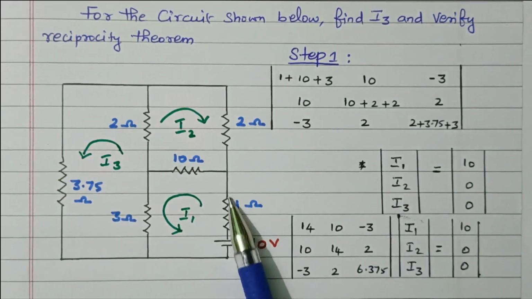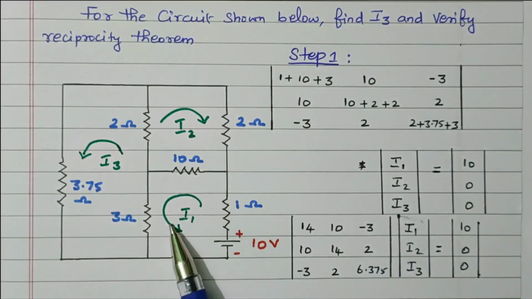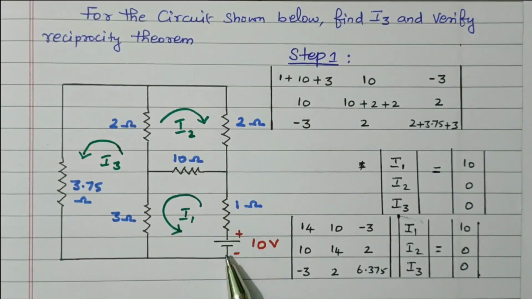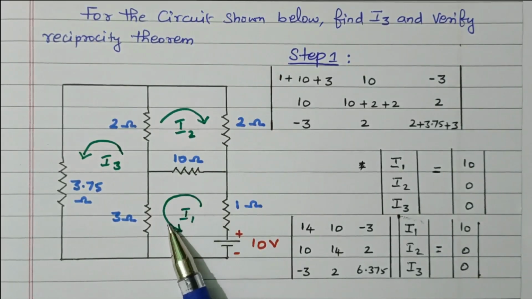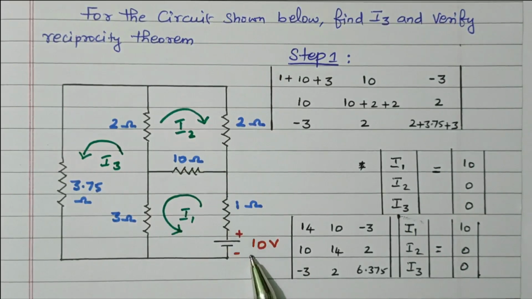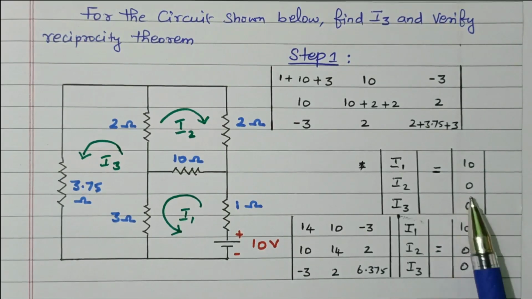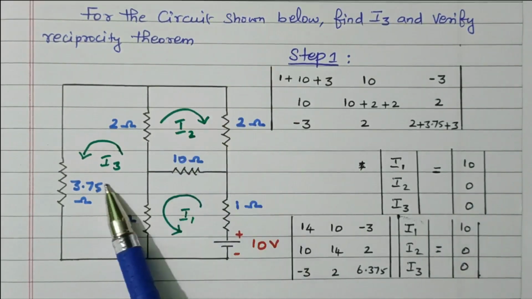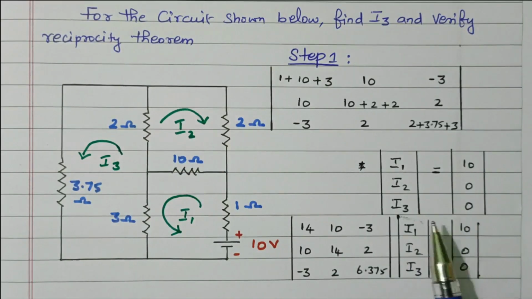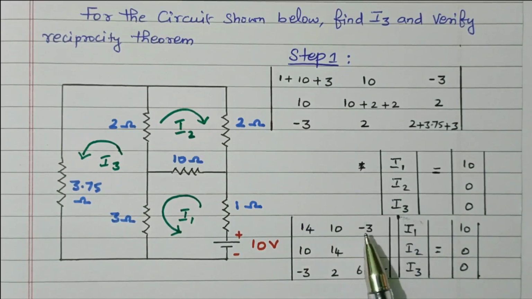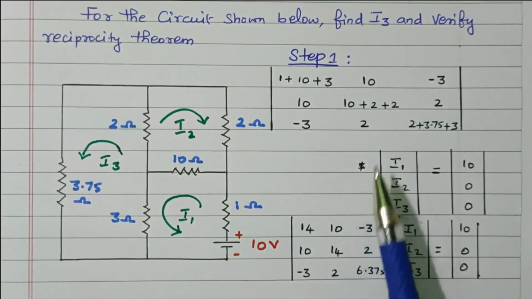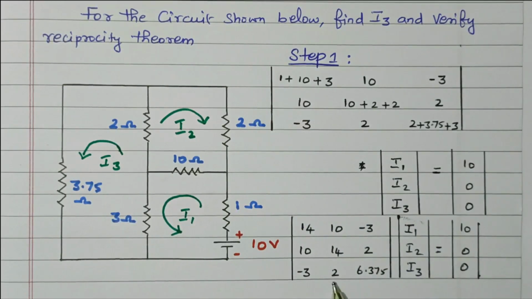The voltage available in the first loop is 10 volts. See the current direction, the current is going from bottom to top, that is negative to positive, so that is plus 10, a rise in potential, right? The current is going from top to bottom, that is from the negative terminal to the positive terminal, so that is plus 10, right? In the second and third loop, no voltage source is available, so that is 0, right? So after adding this, 1 plus 10 plus 3 is 14. Then 10 minus 3, 10. This is 14. This is 2. Minus 3, 2. By adding these 3, we'll get